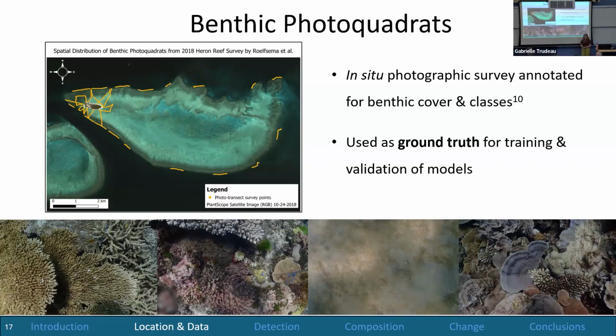I wasn't there. Juliet? Good job, Gabby. So you said that a lot of the data is from 2018 or earlier. Were you able to get, for any of your 3 studies, aerial or satellite imagery corresponding to when those data were collected? Yes. So for the first 2 chapters, all of the data correlates with this 2018 timeframe.